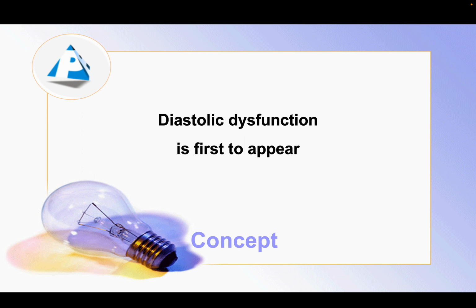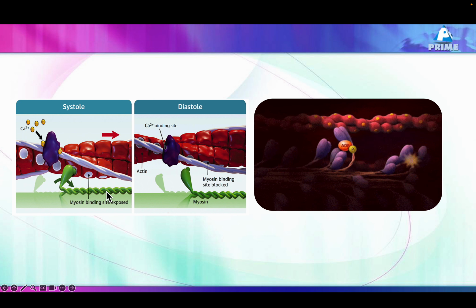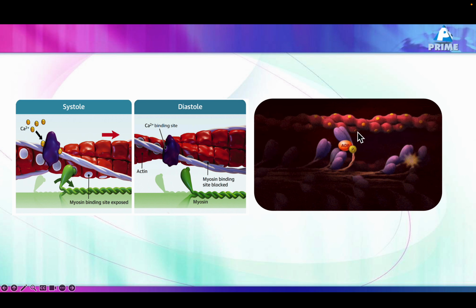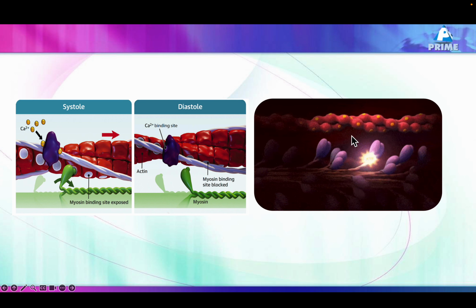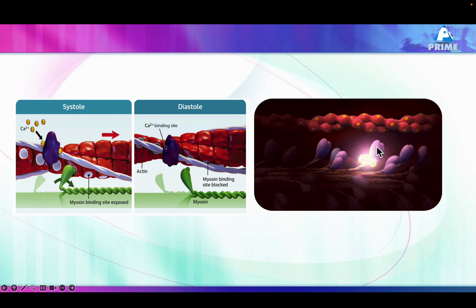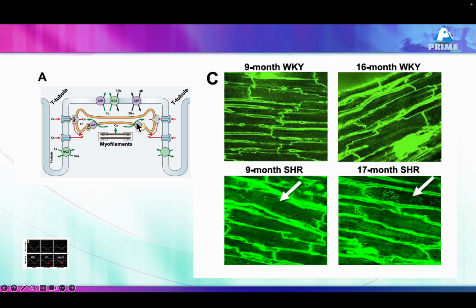Pathophysiologically, the diastolic dysfunction is actually the first to appear. What happens when you have a systole and a diastole? Now you have the head of the myosin attached to the actin, and the release or disengagement of this myosin head requires energy. So diastole is not a passive process, it's an active process. But where does the ATP come from? ATP comes from the T tubules, and these T tubules give ATP, and they absorb or take away calcium